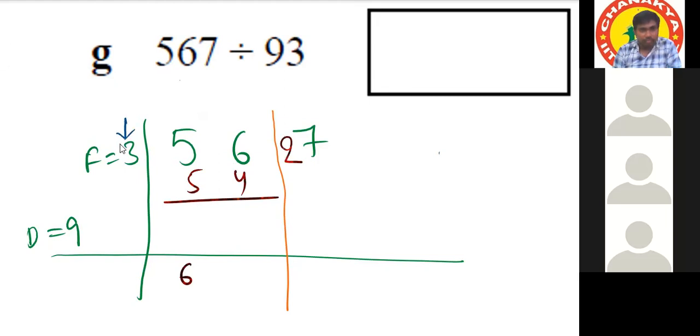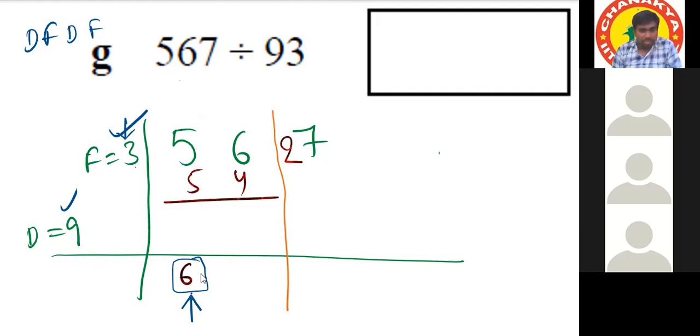flag multiplication. Don't forget. After the divisor, every time flag. Yes, sir. Again, now we have to divide the flag number. It is perfectly divisible 9 times, sir. No. You have to do 3 with this quotient. Every time the quotient should be multiplied by the divisor as well as the flag. When it comes with the flag, you have to multiply it with the quotient. Not a division. Multiply the quotient with the flag.